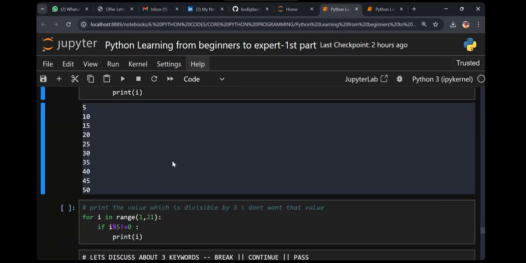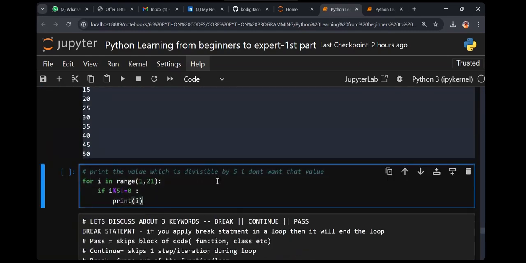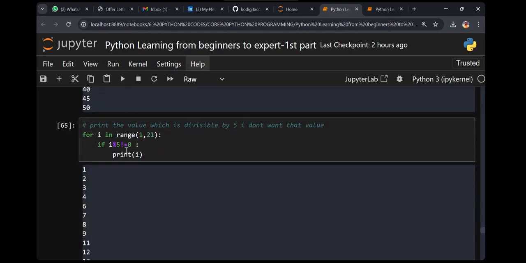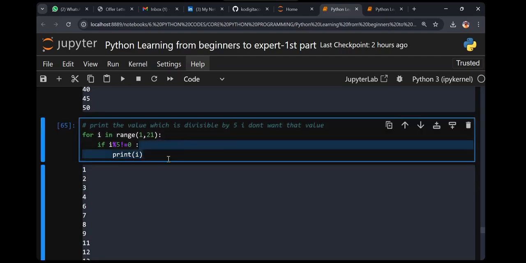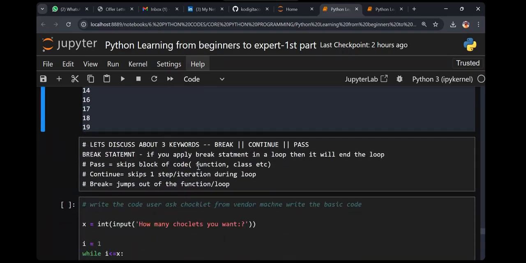Concept clear? The same way, print the values but I don't want the multiples of 5. I can use not equal. If, else, while, for.